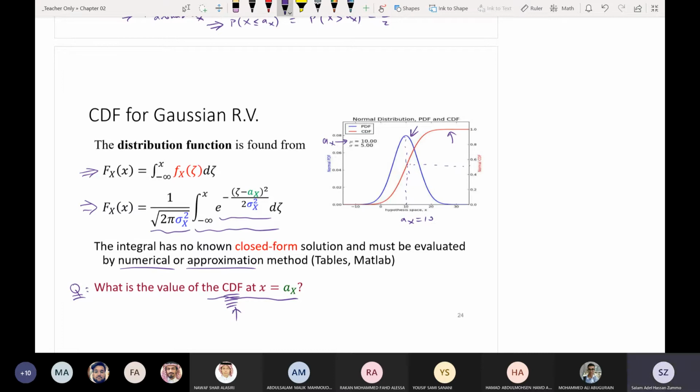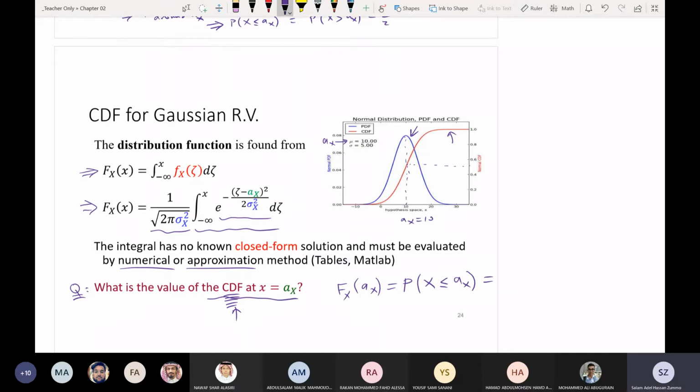طيب يا شباب, ما شاء الله, I got many answers that are totally different than our discussion. What is the value of the CDF at x equal AX? So I'm asking, what is fx of AX? احنا قبل ما نحل أي شيء قلنا دائما نكتب الديفينيشن. What is this equal to? شباب, what is this equal to? It's probability. Probability. Yes. That x is less than or equal AX. And what is this equal to?